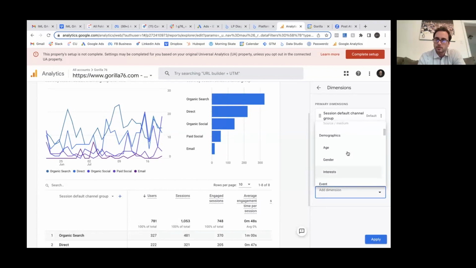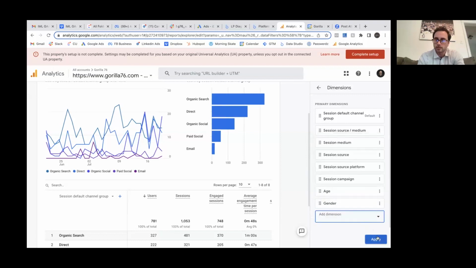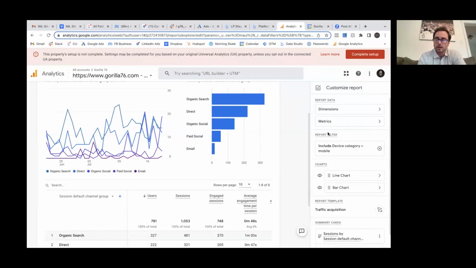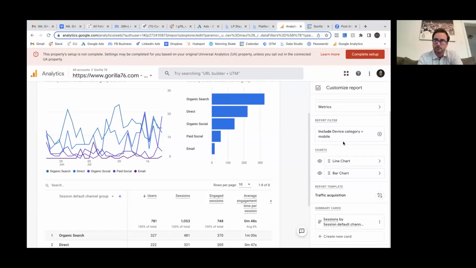So if you wanted to do age and then gender for added demographics, and then see performance between different age groups. Like if you have an audience that you feel like maybe the audience you want to be targeting for decision makers is older, you might want to look at this breakdown and see, okay, are people of older age groups using desktop more? And is all of the younger age group sessions coming from mobile or something like that? So